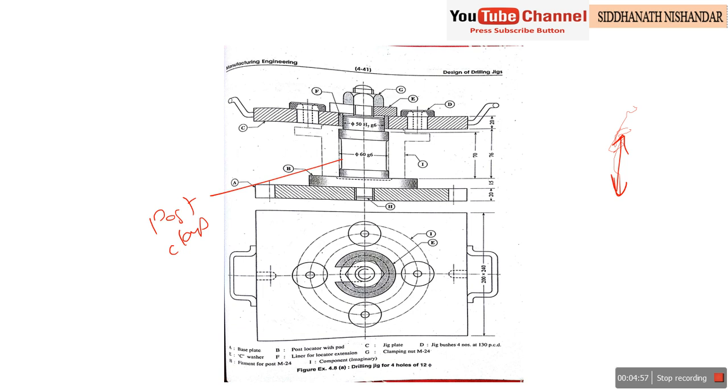Then just use a plate provided with the 4 bushes. Also the post clamp is provided with a pad, or rest pad. This is the best option. I always tell you to prefer the 4 components: the rest pad, the clamping system as a post clamp, third the bush, and fourth the body. If we satisfy these 4 conditions, then the component is foolproof. This is simple, just go directly to the box jig, as the loading and unloading is in the vertical direction.